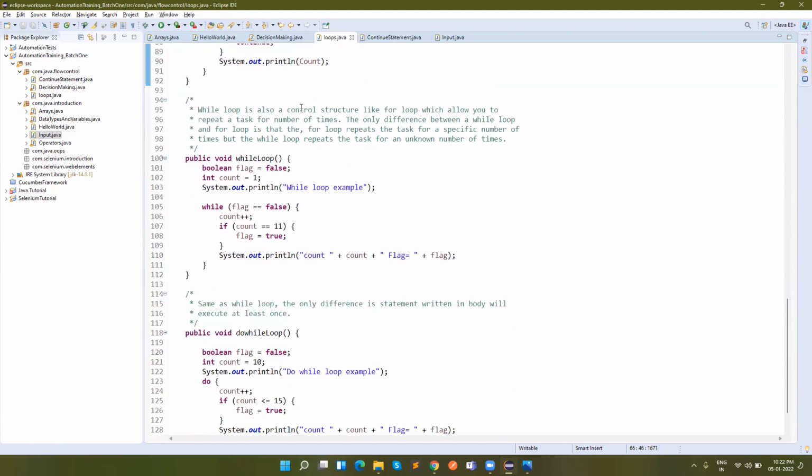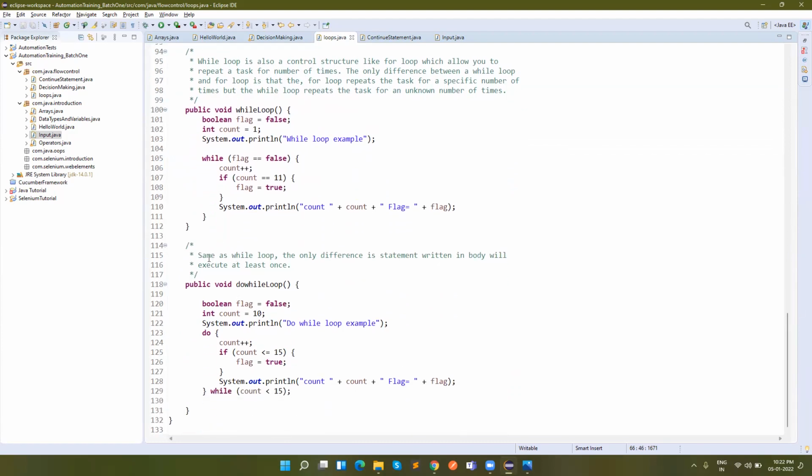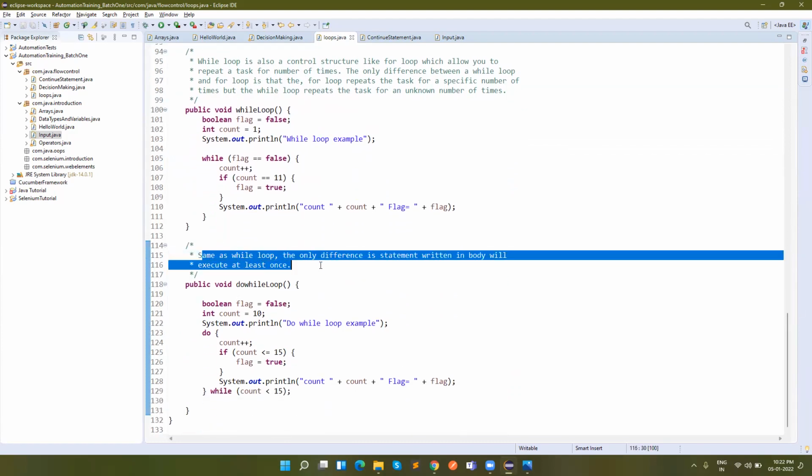So it allows you to repeat the task a number of times. Same as the while loop, the only difference is the statement written in the body will execute at least once. That is the thing. I have never used a do while loop in my career, to be honest. So it will be a very rare case that you will use this one.